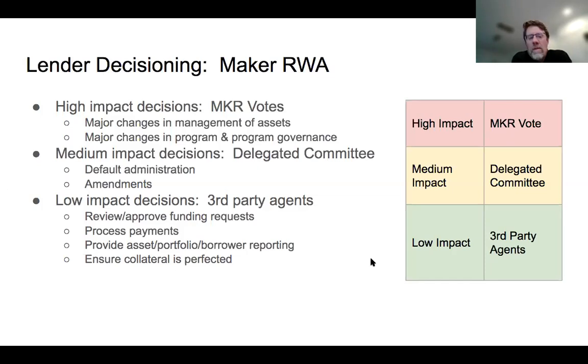So in an ideal world, I think in DeFi, you want to give as much to the third party agents as you can, but you don't want to give them stuff they're not really equipped to do. At the end of the day, it's almost like having kids. Your babysitters take care of your kids and do a reasonable job, but the parents love them in a different way. When it comes to lenders and their assets, you want this really engaged oversight, or you tend to get worse results than otherwise, has been the historical experience. So if I could, next slide, please.